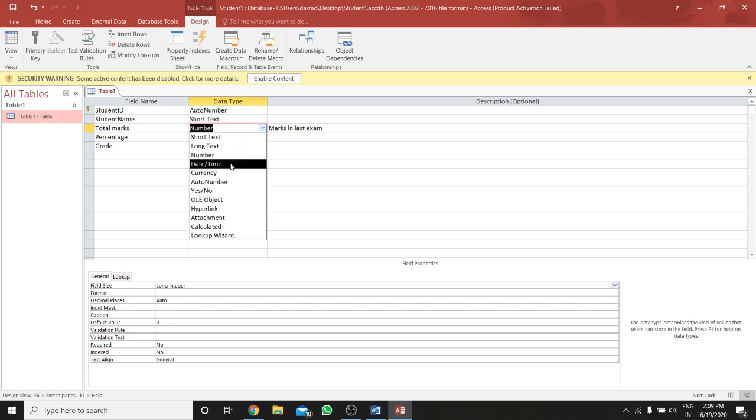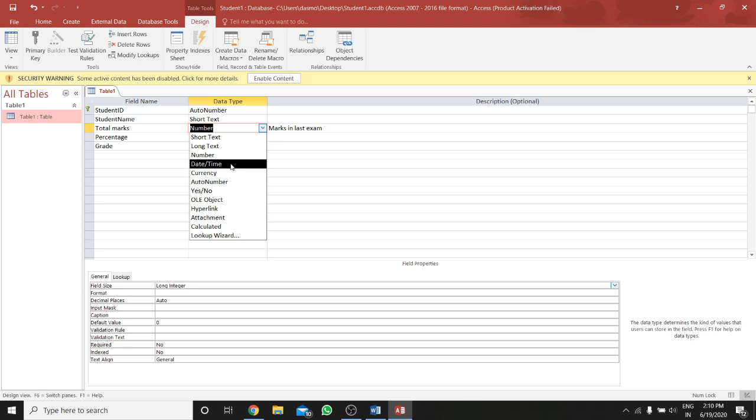So as you have seen, what is input mask? The input mask property allows us to control the data entry by defining a set format for each character that is entered in the field, and it forces us to enter the field in the pattern. So let me show you how you can enter the input mask.